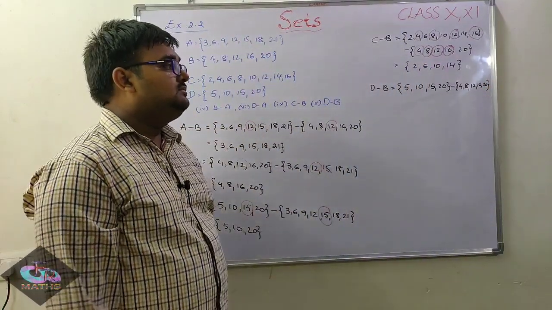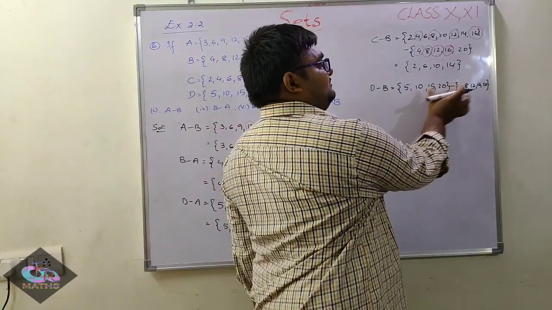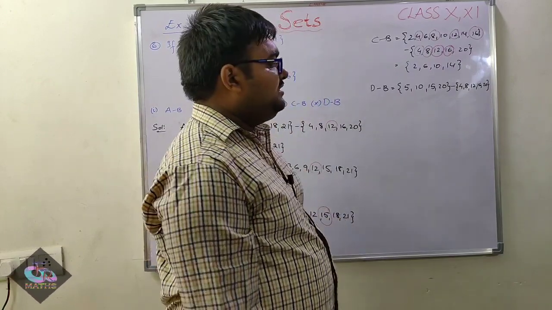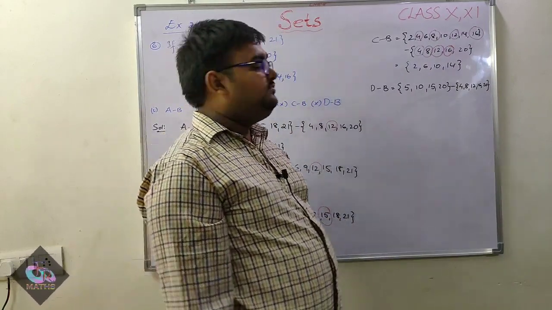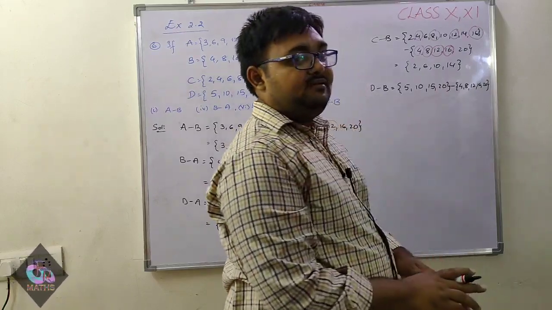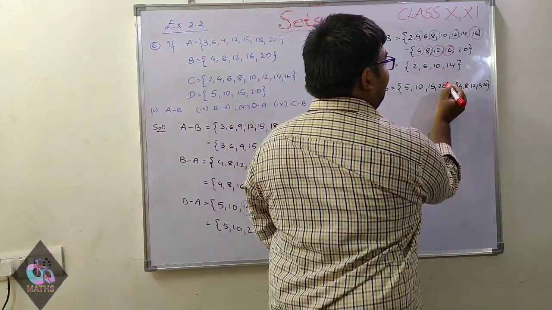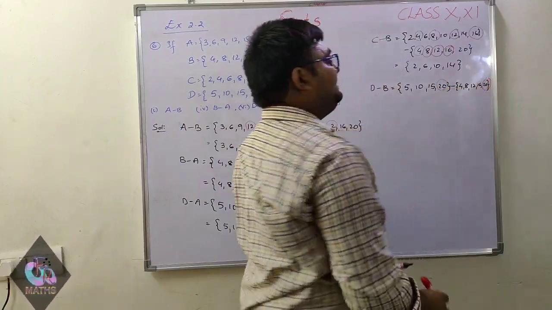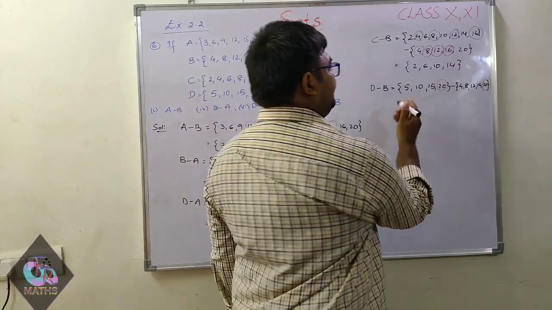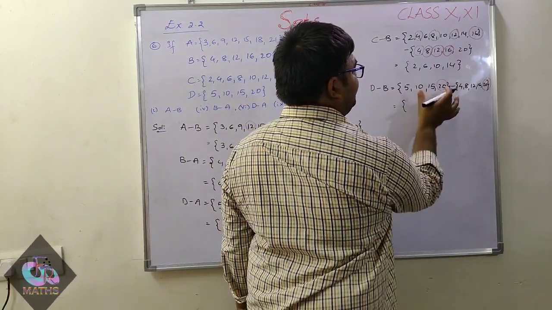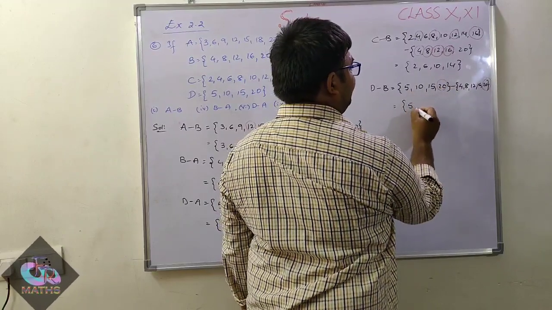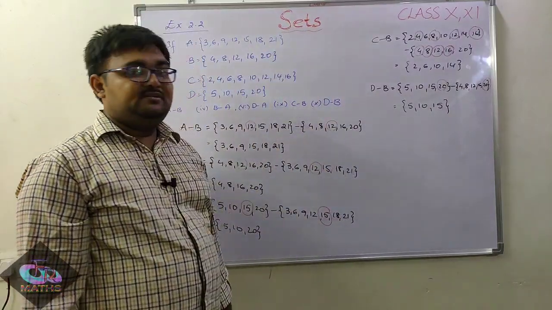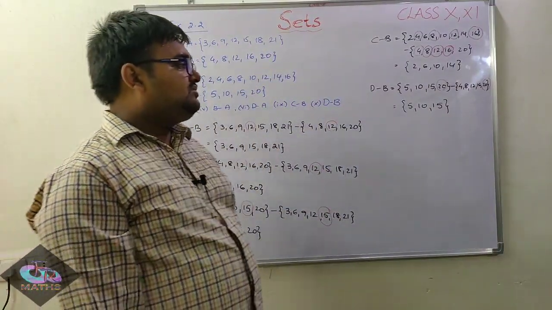Now if you observe, these are multiples of 5 and these are multiples of 4. Then what is the LCM of 5 and 4? It is 20. Then the common elements are multiples of 20. Here 20 is common with the 20 in set B. So from this, what is the answer of D minus B? The first set without that common value. So the answer is 5, 10 and 15. The remaining bits, please try to solve.